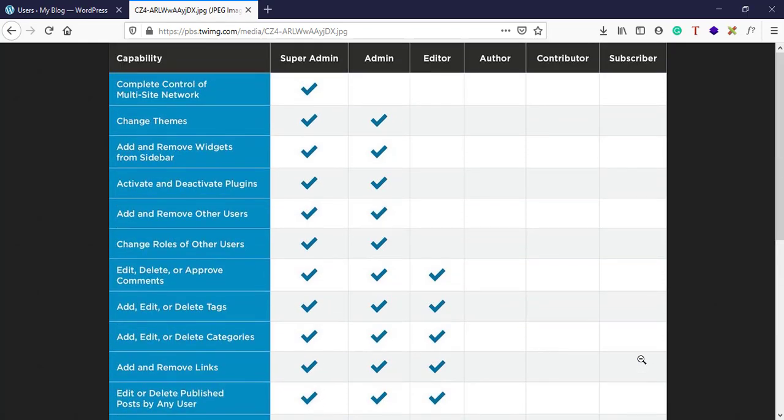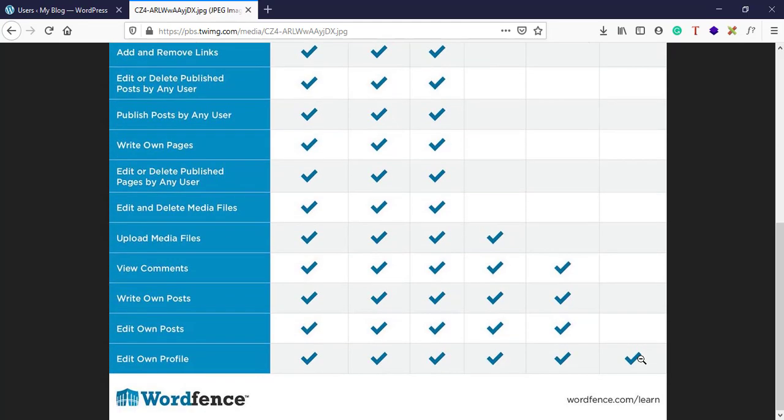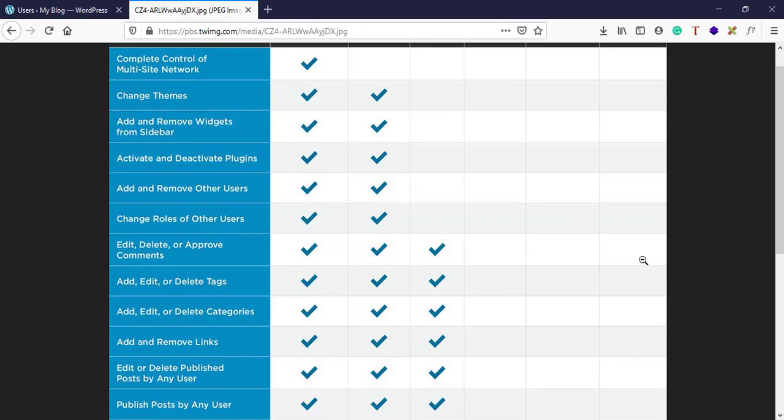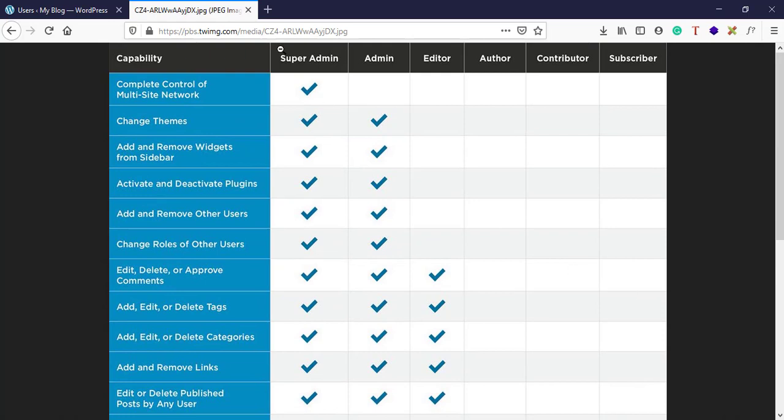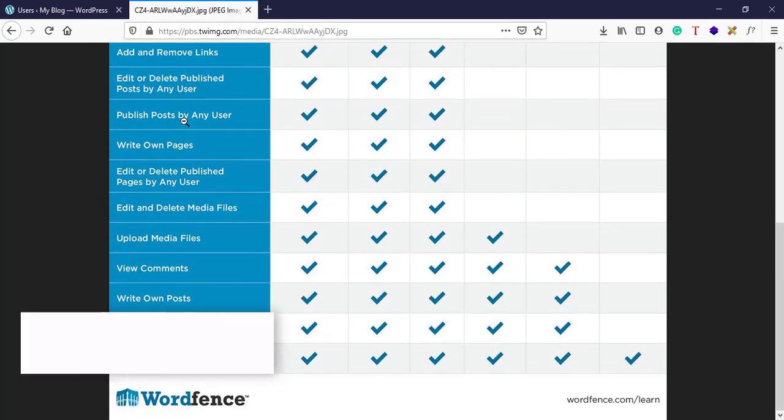Subscriber is nothing but someone who can just view all the publicly available pages, and he can edit his profile. We generally never use this subscriber option. So I'll give the link to this particular reference. You can go through it, and based on your requirement you can change roles for the users